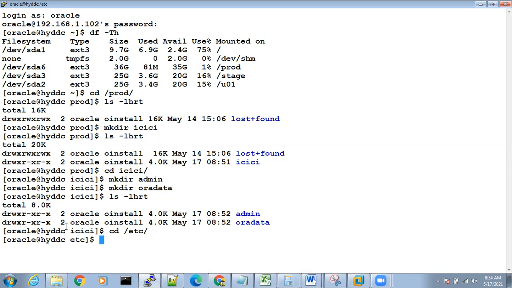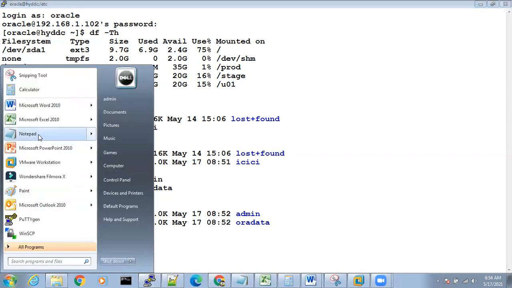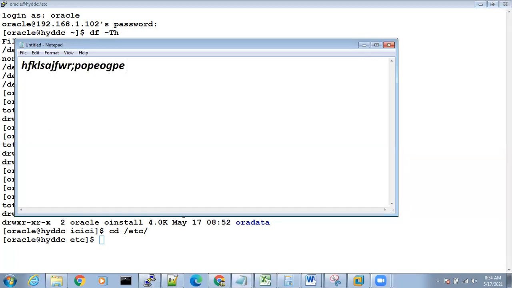As I said, in Linux, we follow everything in command. If you want to do unzip, you will not do it just by right click. We will use a command called unzip. In the same way, if you want to open a file and write something inside the file, we will use a command. But in Windows, how do we write something in the text file? Just by clicking on start, clicking on notepad, and you write something here, right?